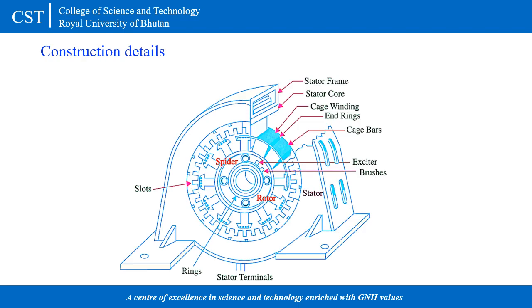This is the overall construction details. Here we can see that there is a stator frame. We have stator core. These are the slots of stator core where the armature winding is done. We have here brushes, exciters, and this is the rotor. And this construction is of the salient pole rotor because we can see that the magnetic poles